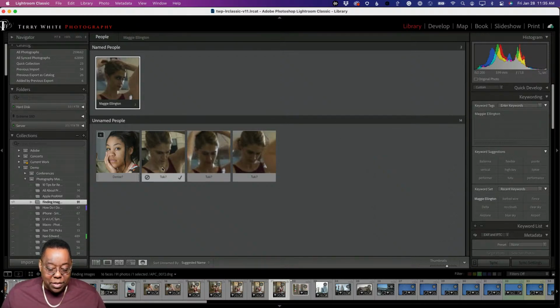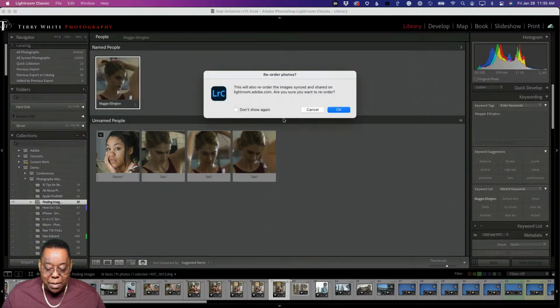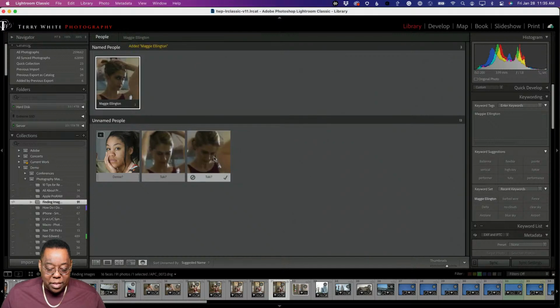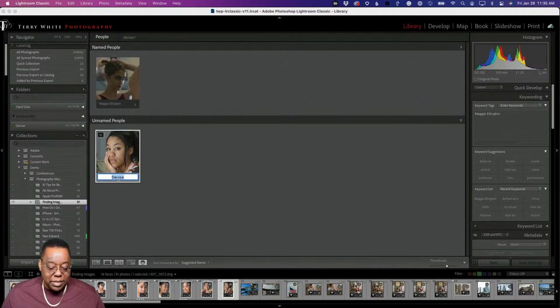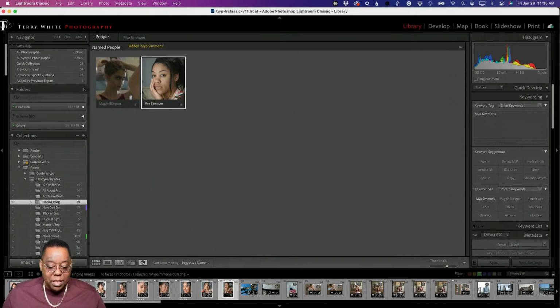So for example, now these three are still the same person. So all I have to do is simply drag them up, and say, yeah, you know what, you guessed these wrong. You didn't know that was the same person. Hey, this is the same person. So I can just drag those up, and now those have all been identified as Maggie Ellington. The same thing here. I can just go in, and this is Maya Simmons. And now those have been named, and those keywords have been added. So that's how you would use the facial recognition in